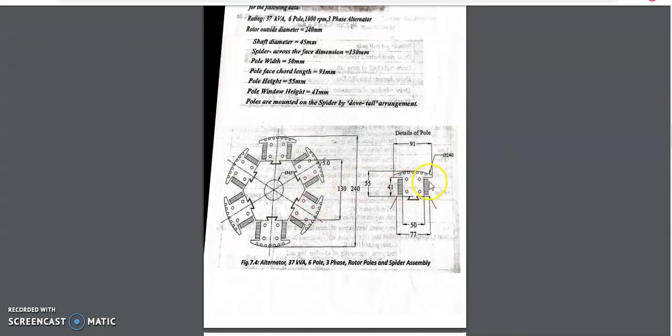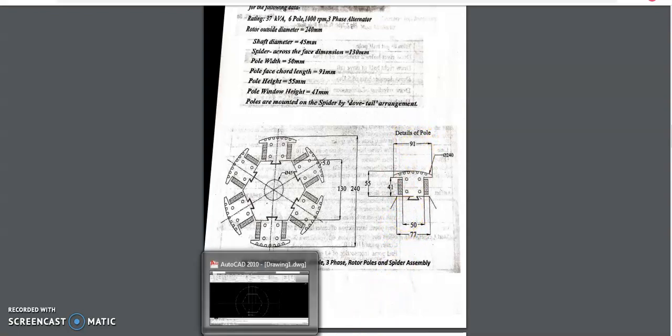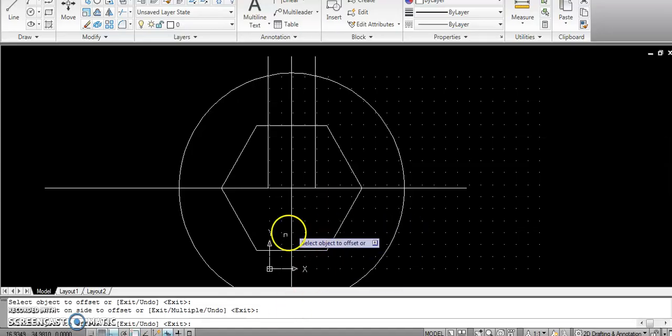Pole width is done. Next, pole face height, you see 91. 91 divided by 2 is 45.5.